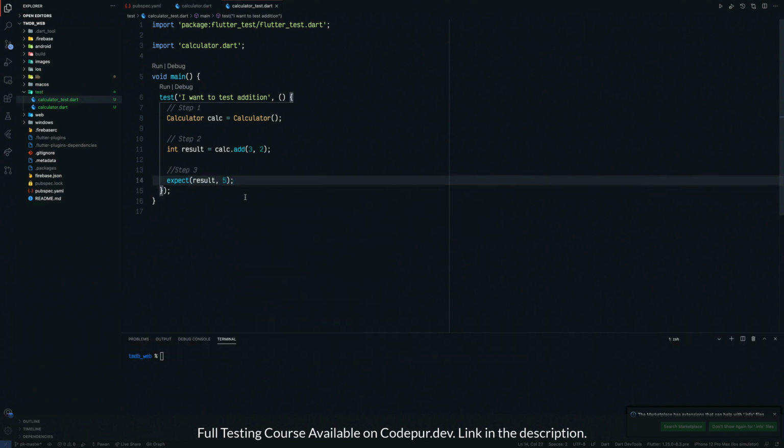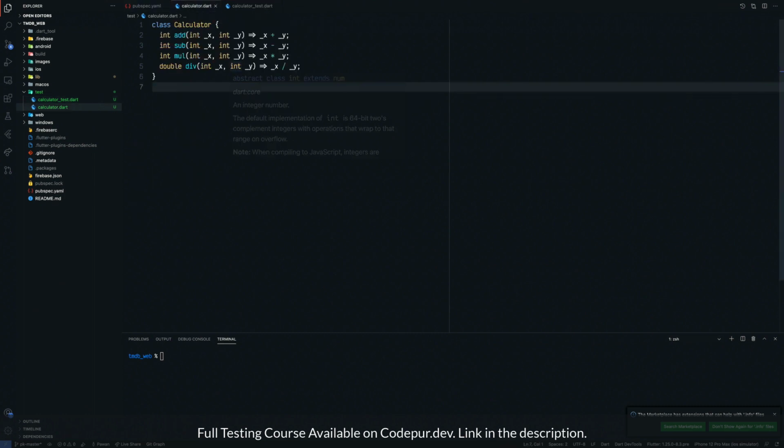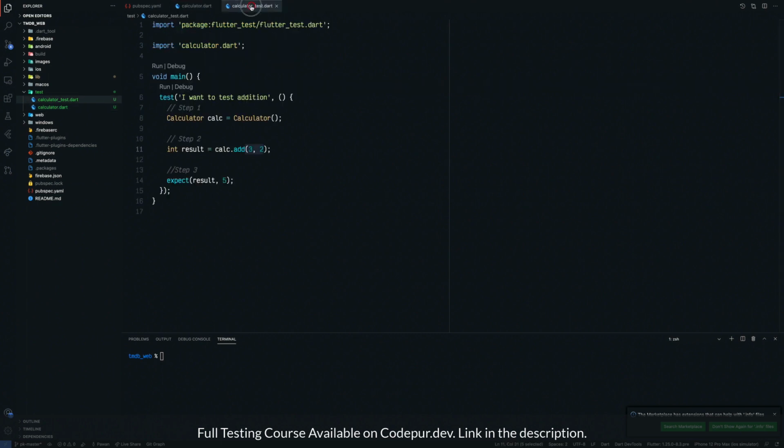Now you might be saying, okay, this is a very stupid test case because I know that 3 + 2 is always 5. And this is where the problem exists. Testing is not difficult, but this mindset is the problem, because I know that you know that 3 + 2 is 5. And that's why we need testing, because you know, but you don't know whether your program knows this or not. So you wrote some logic, which in this particular example is very common logic, but how will you make sure that whatever logic you are writing is actually correct?